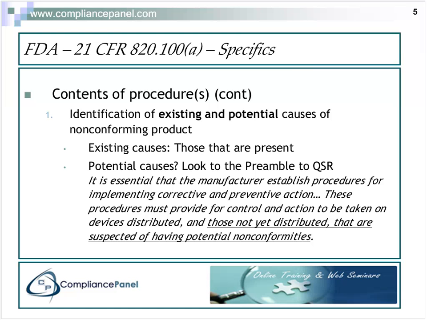For example, if you produce a long product line of catheters and you have a complaint on one of the catheters, part of your CAPA investigation needs to be to look at your entire line of catheters, 7 French, 8 French, all the way to 12 French if you have them, and see whether the same investigation is applicable and therefore the same corrective action would need to be implemented for the rest of the product line of catheters.